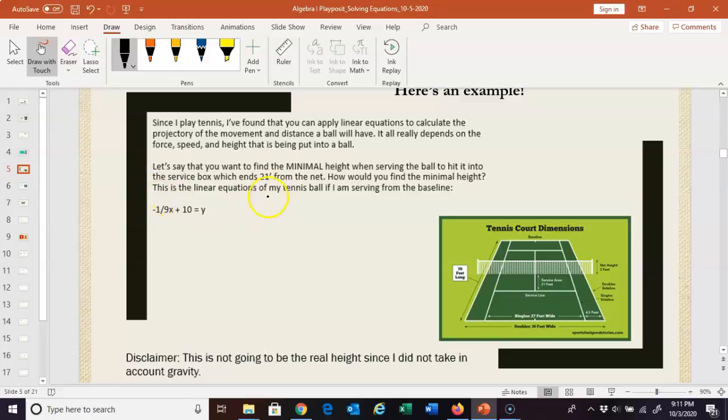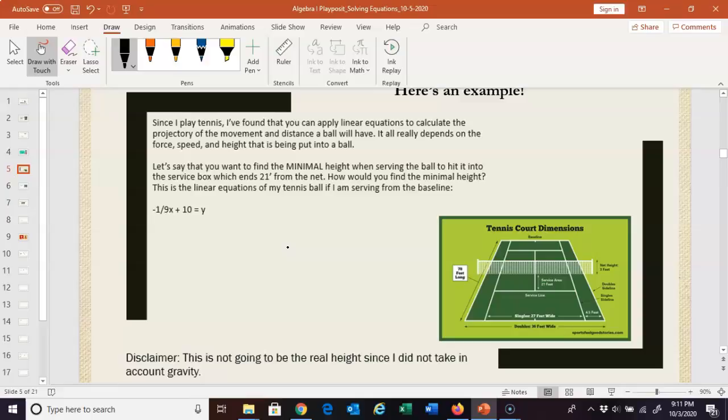This is a linear equation of my tennis ball if I'm serving from the baseline. This is a really cool, very math-focused example. I was super excited to get this one. She even provided a diagram in her submission. So this is only one example. I had other students, like I said, providing me examples of